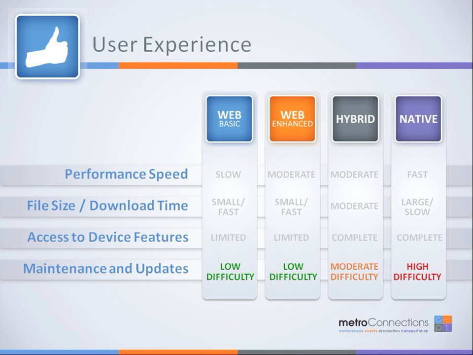So web versions of apps are much easier and less difficult to update, whereas with both hybrid and native, you get into more difficulty if you're actually changing the structure of your application. So if you decide to add gamification, which is a whole other webinar in and of itself, if you decided to do that at the last minute and the app was already through the store, then that would be an update type of functionality. Well, I think another important thing to point out in that is that it goes for bug fixes as well.